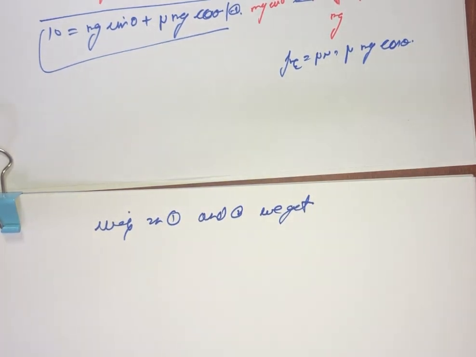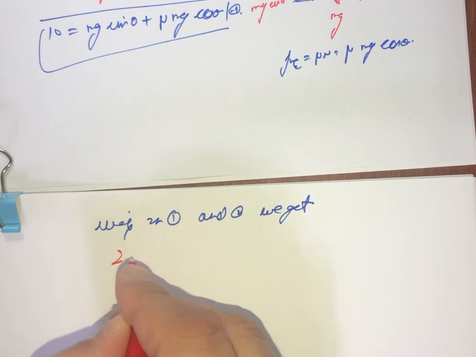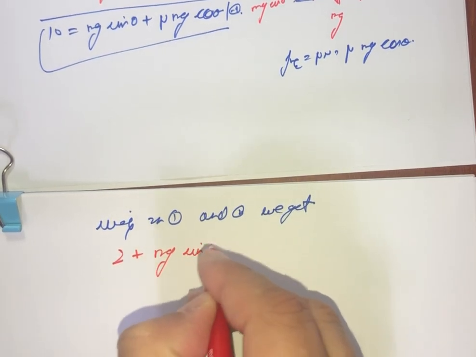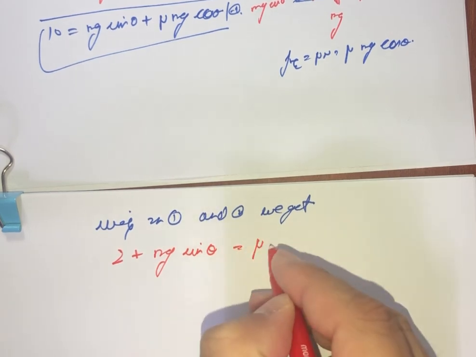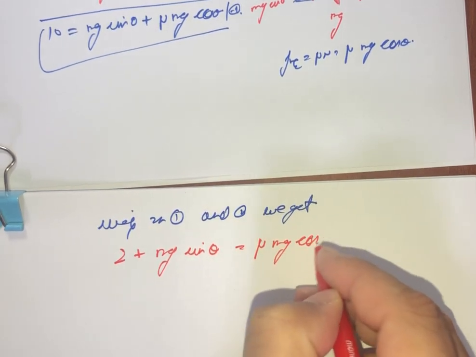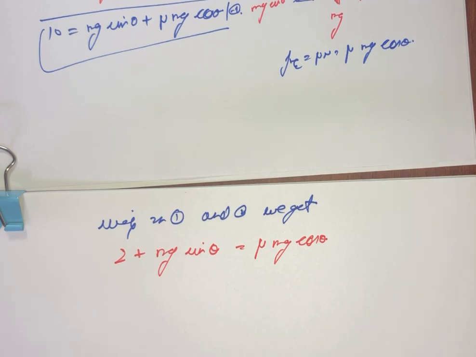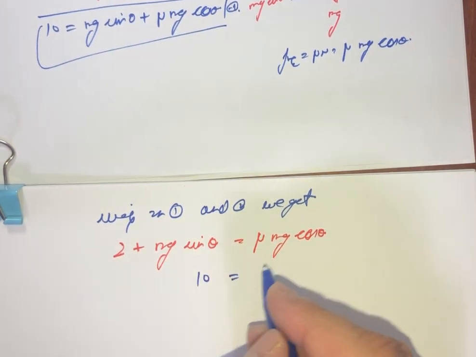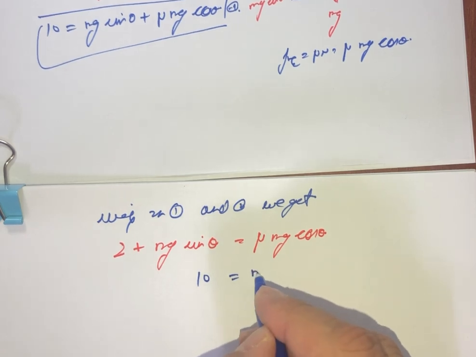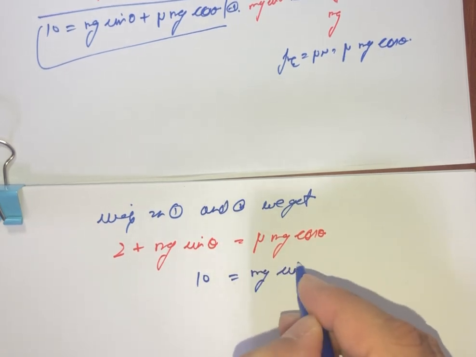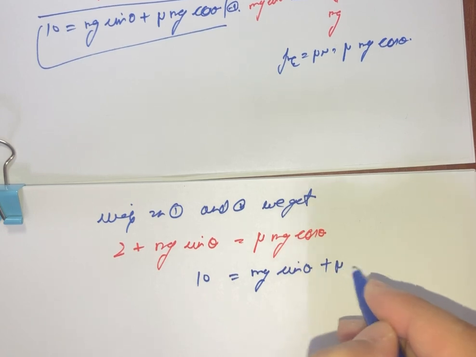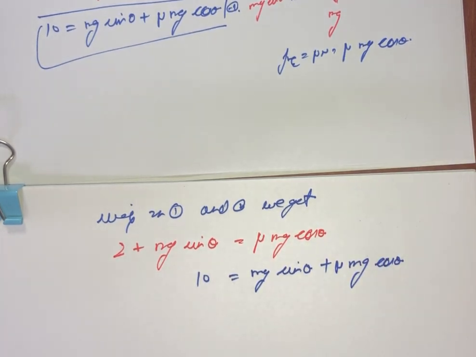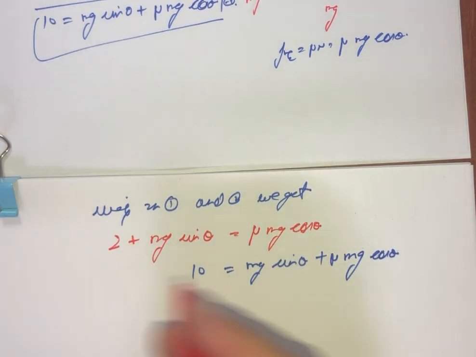So we are having 2 plus mg sin theta is equal to mu mg cos theta, and the second equation was 10 is equal to mg sin theta plus mu mg cos theta. And if we subtract them,